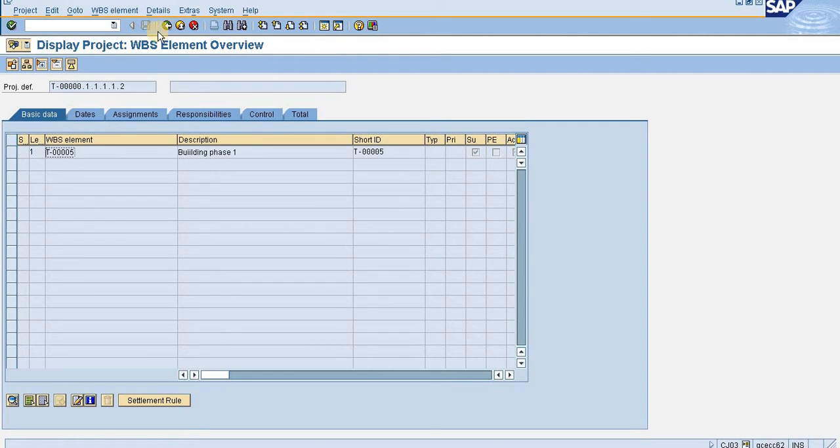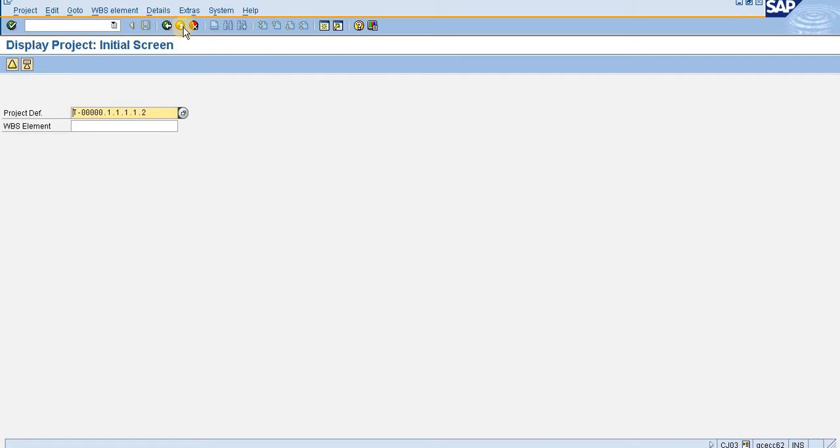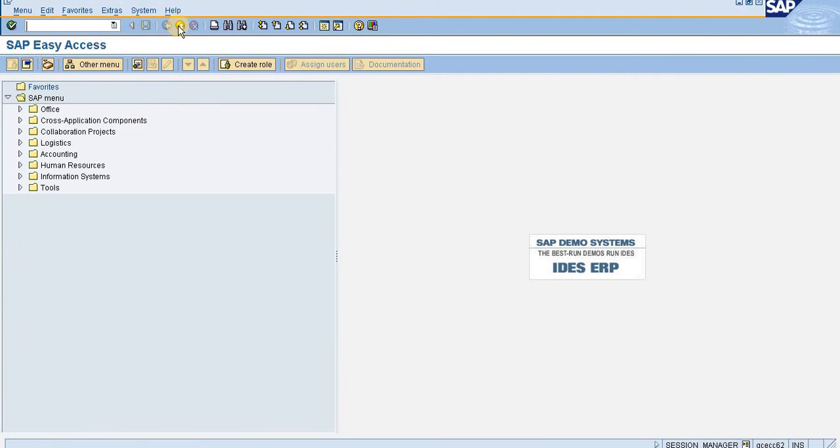Today in this video I will show you another topic, that is how to create a project associated with a WBS element. Means in a single transaction you can create a project wherein a WBS element will be associated with. So how to do the same, and before commencing this session, let me tell you a brief about this project